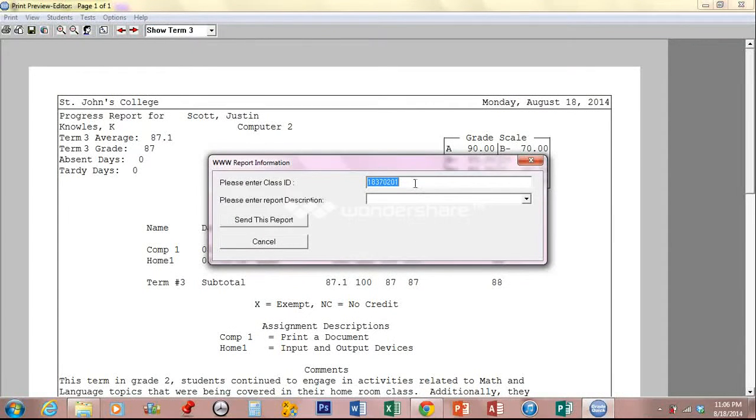Press OK. Never, ever, please don't ever touch this section here that says class ID. Don't ever bother with that. Here we're going to enter a report description. This is what the parents will see once they receive an email. So computer grades term 1. And just let the parents know that, okay, this is your child's computer grades for term 1. Then you go ahead and click send this report, and that is